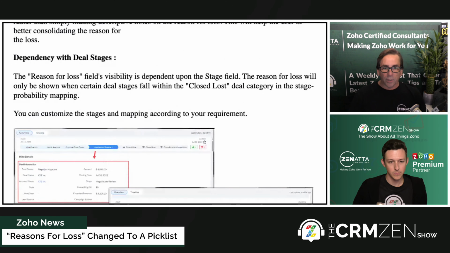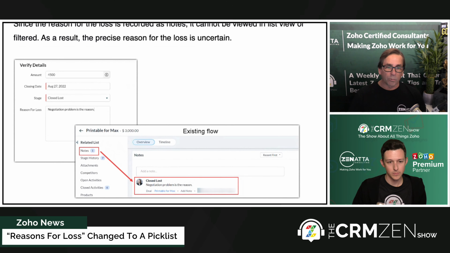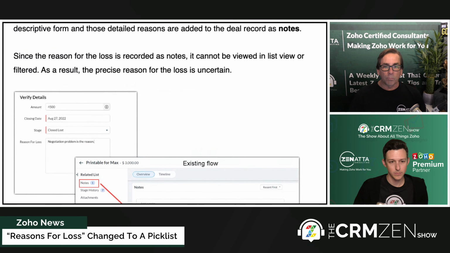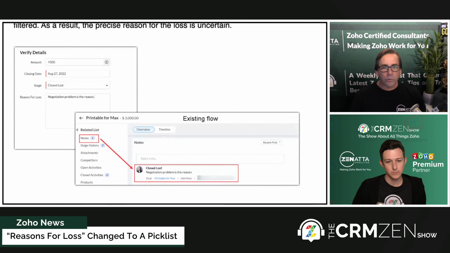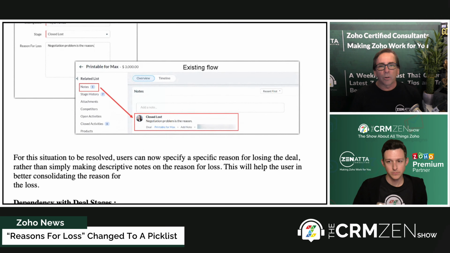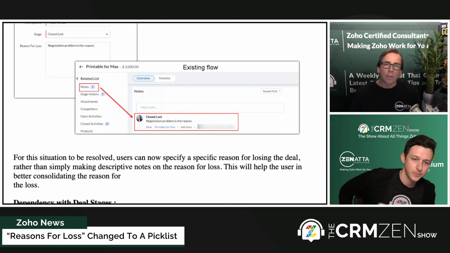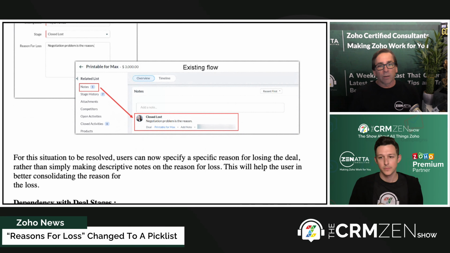You can customize the pick list in it as to what you want your basic reasons for a deal loss to be. Couple of notes around this that I'll highlight here. Right now, when you close a deal, you get a pop-up box that says, why did you lose it? And it's a text field, and you have to type all that information in. So it's random, it's not consistent, it's hard to report on, those kind of things. A lot of people have done workarounds, and they've already created a pick list as to why they've lost the deal. That's not going to change. It'll still be there. You don't have to worry about it.